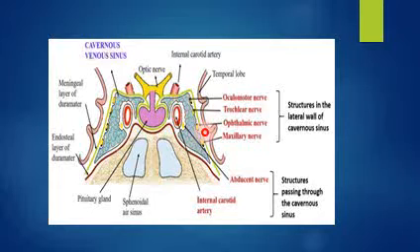You can see medially cavernous sinus is related to pituitary gland above and sphenoidal air sinus in the body of sphenoid inferiorly. Superiorly or roof, it is related to internal carotid artery and optic nerve and optic chiasma. Laterally, it is related to temporal lobe of brain, and inferiorly it is related to foramen lacerum and the junction of body of sphenoid with the greater wing of sphenoid.